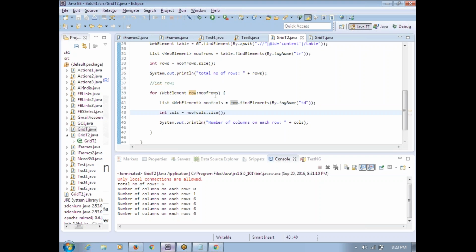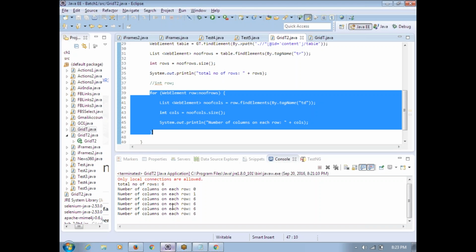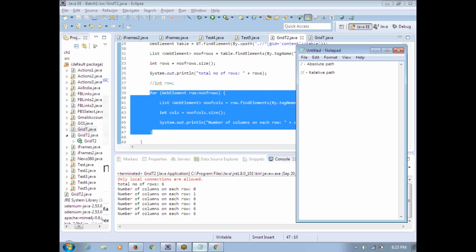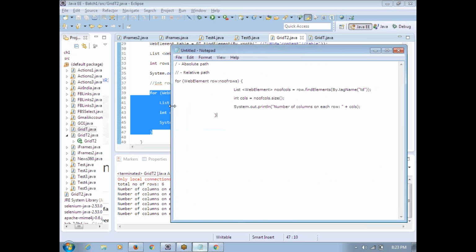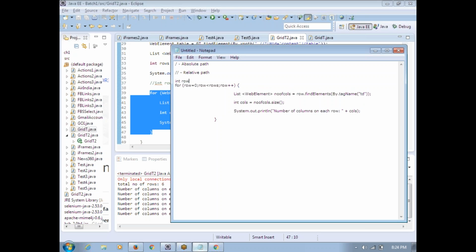See here, so earlier the statement was something like this. I'll show you the difference, guys. One second. I'll write down, because if you know how it was earlier and after the new changes, it is always good. So earlier it was something like this. Row is equal to row less than rows, row plus plus. I was initializing it. Okay, then